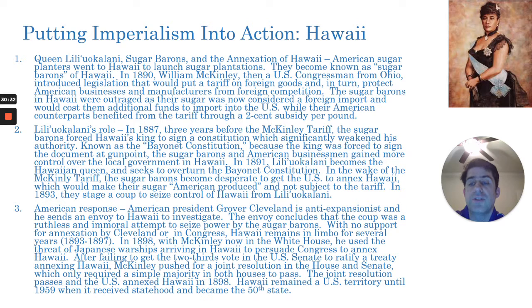He uses the threat of Japanese warships arriving in Hawaii to try to persuade Congress to go along with his annexation proposal, basically arguing that, hey, if we don't annex Hawaii and make Hawaii an American territory, then Japan or China or some other country will seize control of Hawaii, and we will